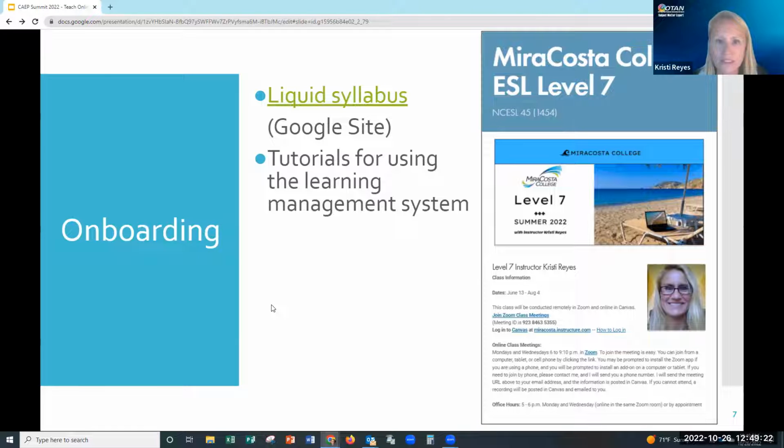It has hyperlinks. It can have embedded video, that video that Katrina made to welcome, the video tutorial on how to enter the Canvas or Schoology or whatever LMS. All of that can be on your syllabus, but not just a click and you exit into a new page. It can be embedded. So here on the right side, I have a screenshot from my summer liquid syllabus, and I won't show you all of it, but it has hyperlinks. Students could go there and click, and that's where they can always find the Zoom link.